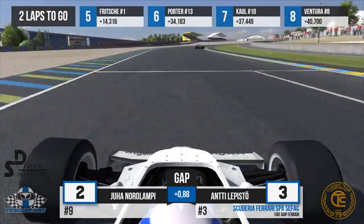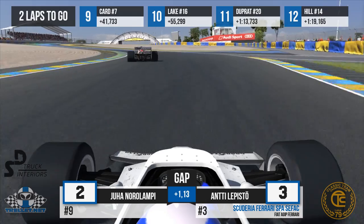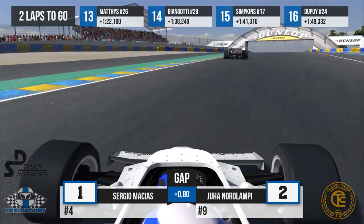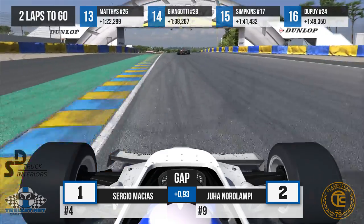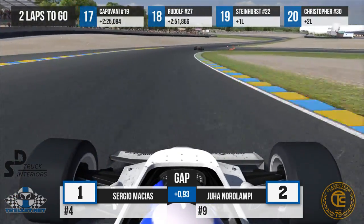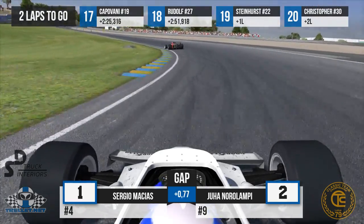So it's all about how Juha can play this. If he can play his cards right, I think he could take it. He could take it indeed. I agree with you. And there is another thing I was wondering about, and it is the length of the back straight. It is so long that if you...